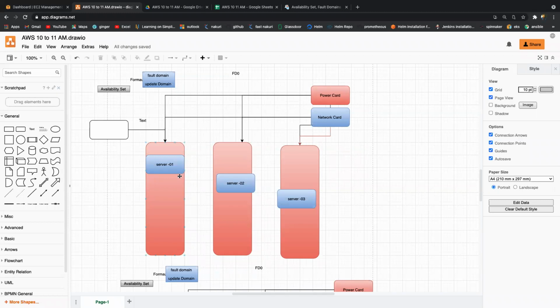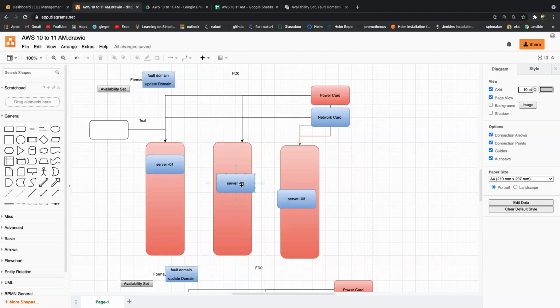Actually, you had said one setup, right? One power card, one network card, and 3 racks will be there, and in each rack we can have n number of servers, like an infinite number of servers. The number of servers depends on your U. That is what I stated. AWS is using 45 U. Within this max, you can create, I believe, 8, 16, 24 servers. The max is 36.